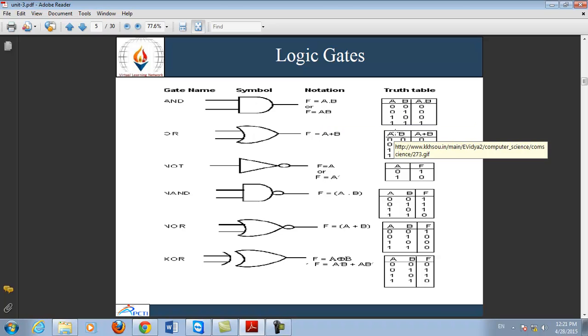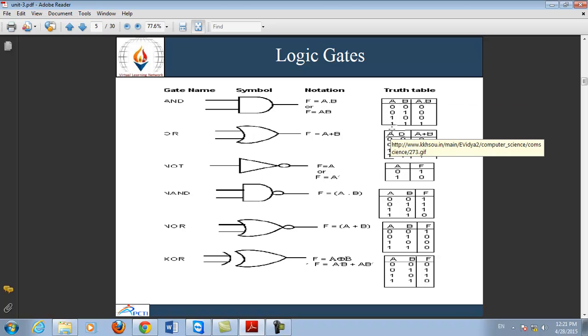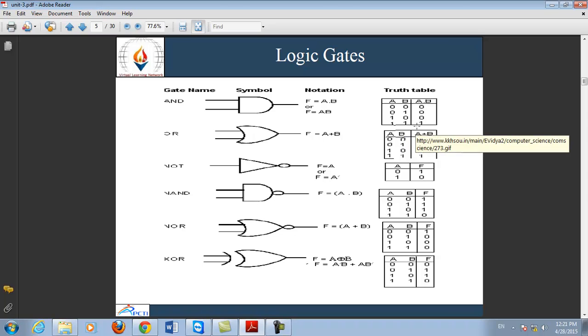Now if we talk about the truth table, a truth table is a combination of different variables and it shows the desired output of the particular operation performed on the values of different operands. Look, here the truth table has a total of 4 values, that is, 4 values of A and 4 values of B. It means it has a total of 4 combinations for A and B, and these are unique combinations. No combination will be repeated again and again in a truth table.